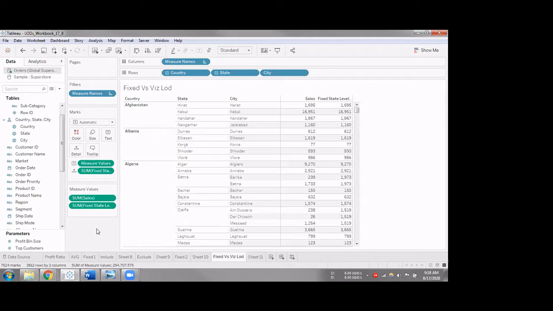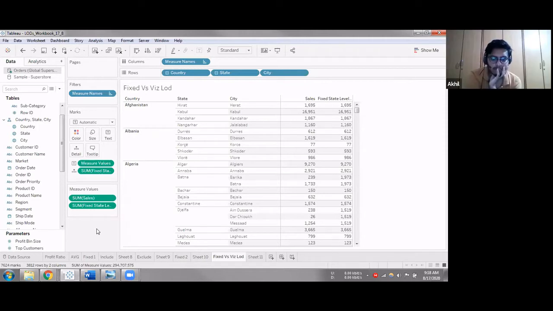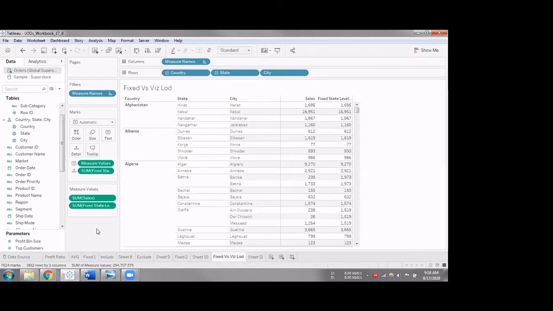why we require LOD expressions, what are the basic concepts that we need to know to understand the level of detail calculations. We'll explore them, and then we'll see what different types of LODs we have in Tableau, and we'll see quick examples on each one of them. And in upcoming sessions, we'll explore these individual LOD expressions in detail. Let me know if you have any questions on understanding any certain concept in today's session, so we can clear